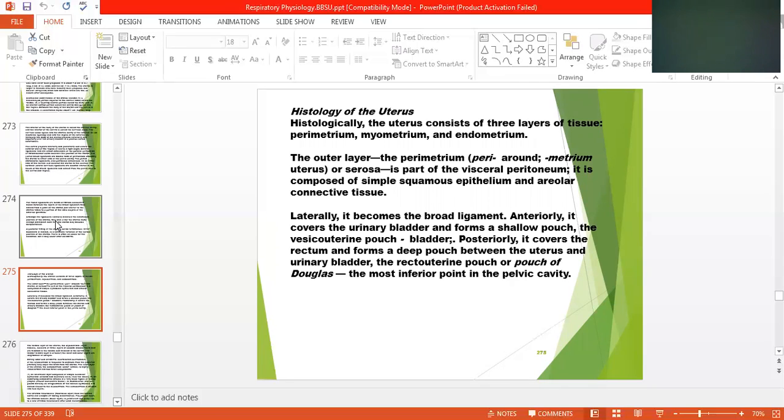Perimetrium means the outer layer of the uterus. Myometrium means the muscular layer of the uterus. Endometrium means the inside layer of the uterus. The outer layer, the perimetrium,